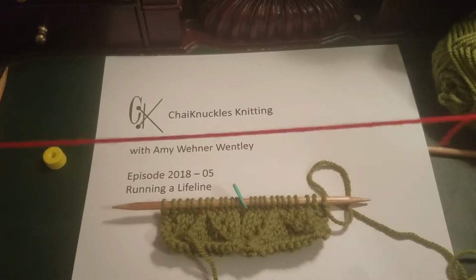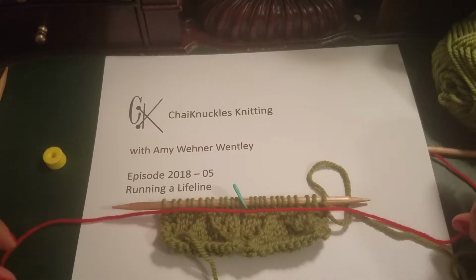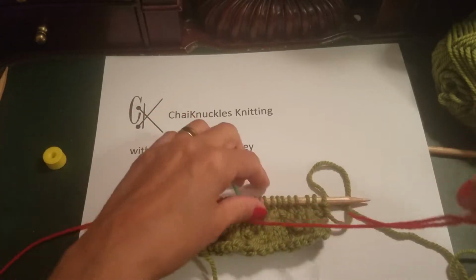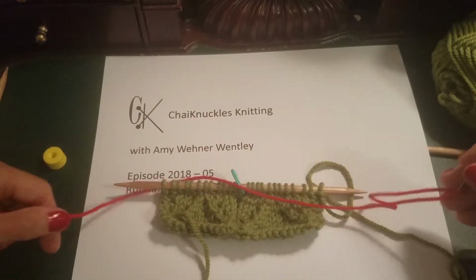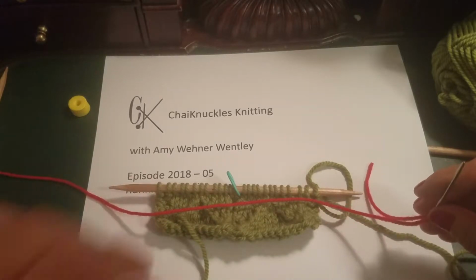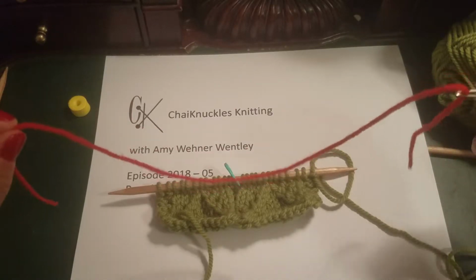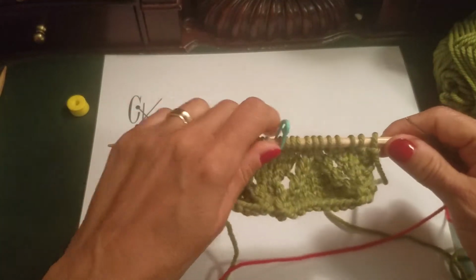You want to cut a piece of yarn longer than your piece of knitting because you want to have the edges overhang. You want it to be in a color that contrasts with the yarn that your project is in so that you can easily see it if you need to pick up stitches. And all you do is you put your yarn on a darning needle and you thread it through the stitches